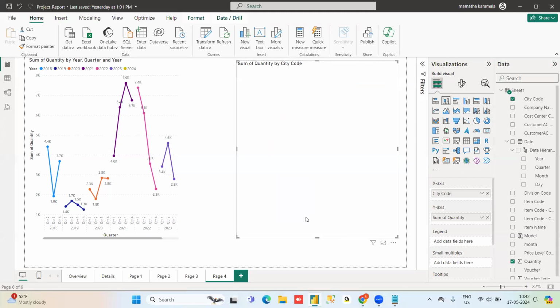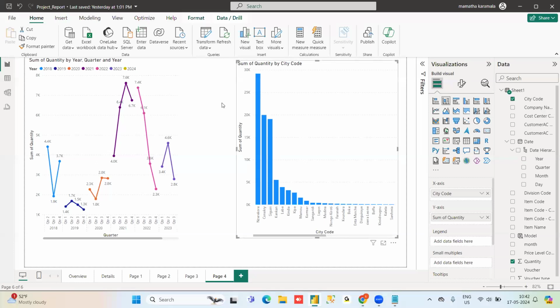So this is how I have changed the same visualization. Earlier I had taken the stacked bar chart, but now I am taking a stacked column chart. Here it is showing quantity, and the cities, the textual dimension data, are plotted as dimensional values on the x-axis.